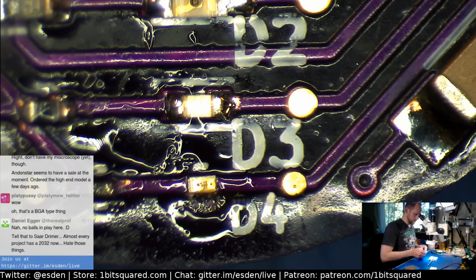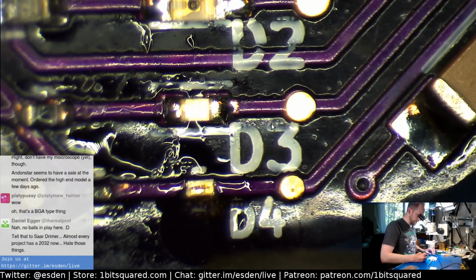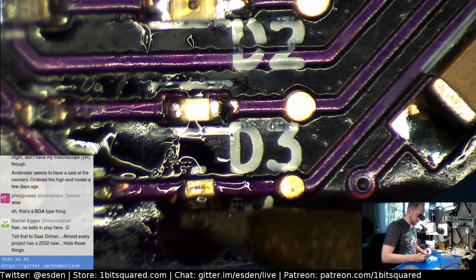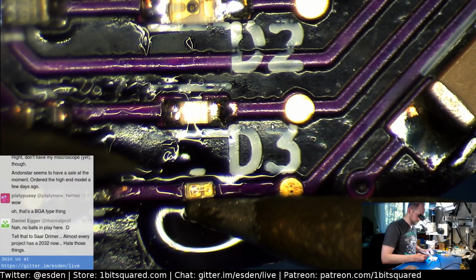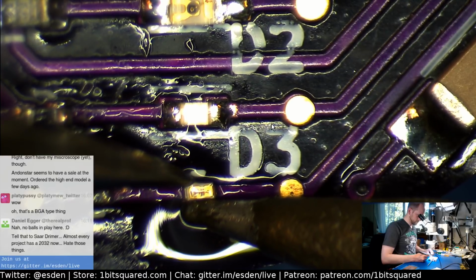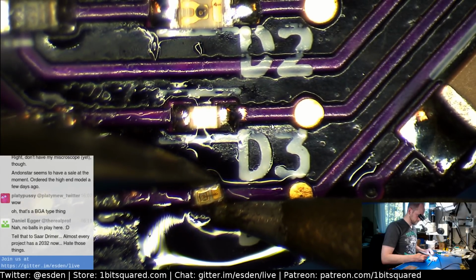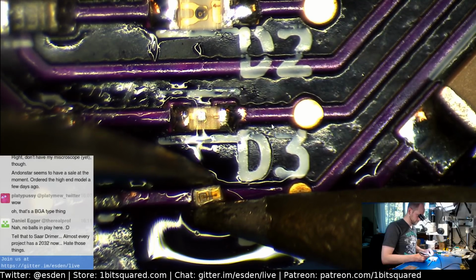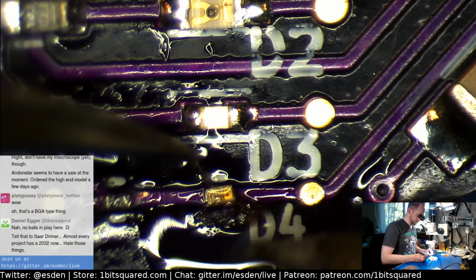Let's add some flux. There we go. A little bit flux. This is really, and change the tip, huh? This was huge. Let's see. Come on, can do it. Did see it flow, but